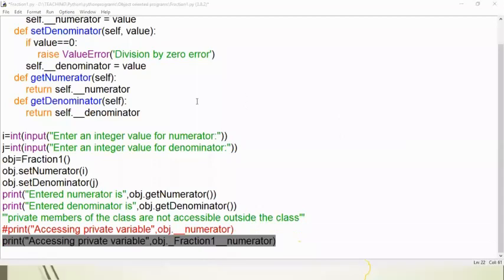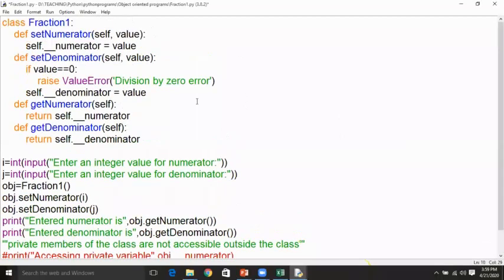Please remember, private variables are not possible to access outside, and only the public members can be accessible outside the class, and the methods of the class can access the private variables of the class. The same example can be implemented with the help of a constructor, a special method, which we'll discuss here.